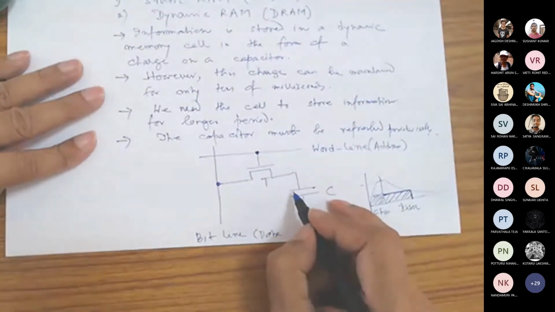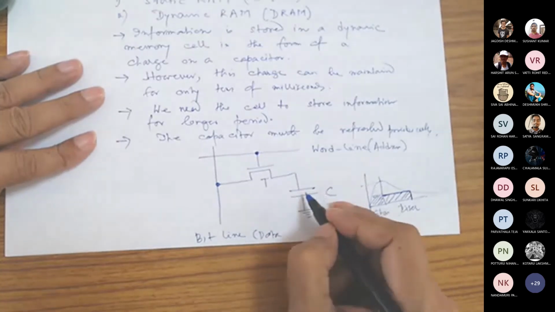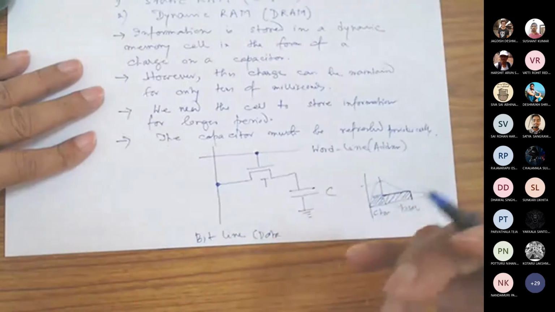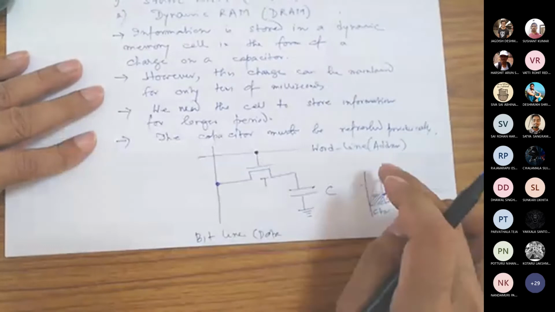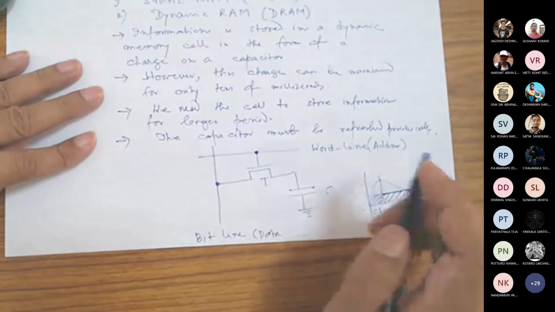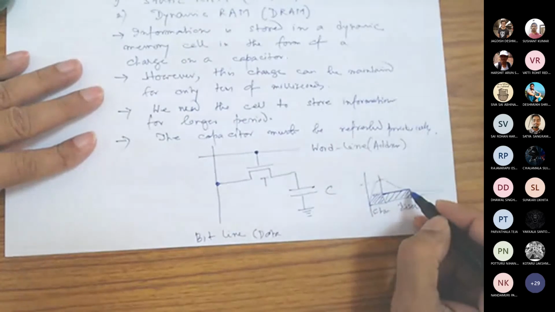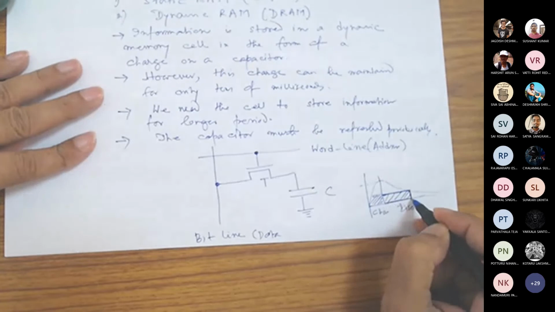And the value gets charged. And then this capacitor starts discharging because it has a decay. It will discharge, but it's a slow decay. So it will be storing for some time, which is tens of milliseconds. But beyond this time, which I am talking about, tens of milliseconds, it will fall below the threshold.